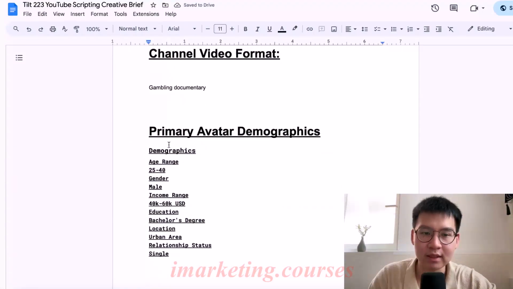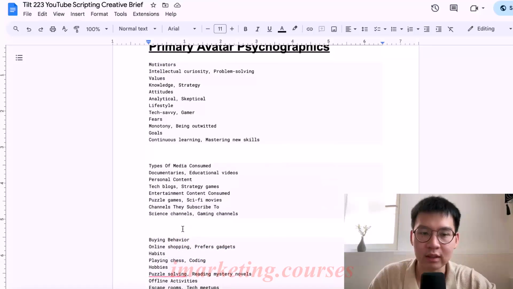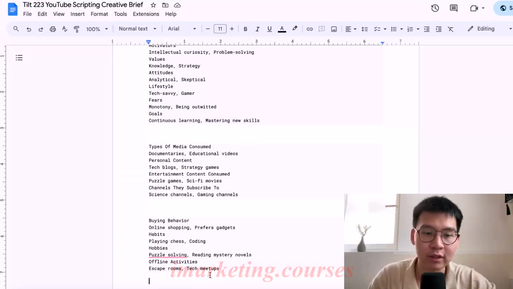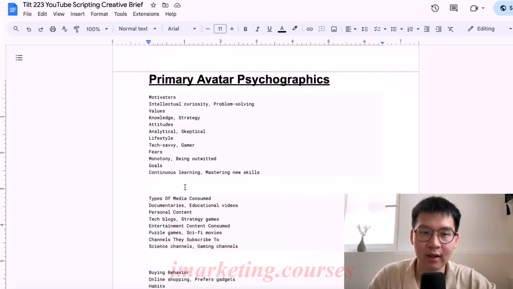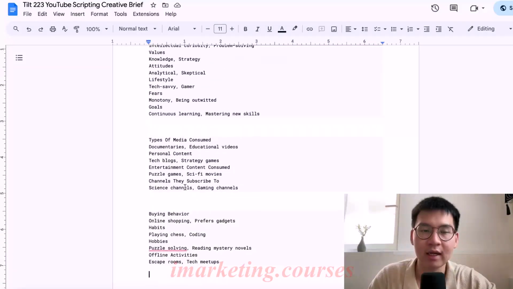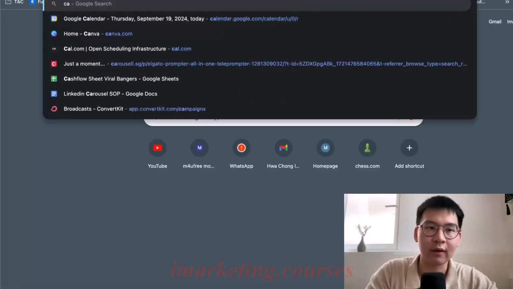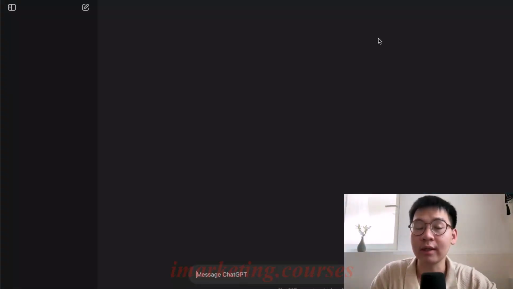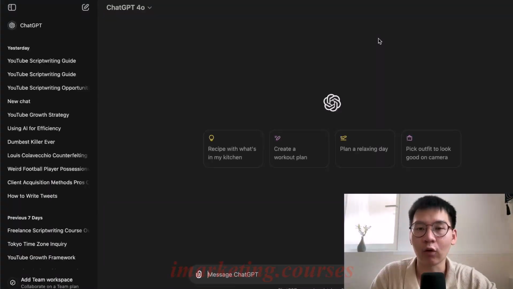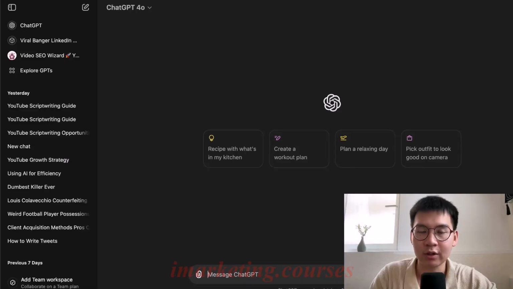Now this is a little surface level. What you can do is take this and give it to ChatGPT, and then it can give you a little bit more information. So let's just see how we can do that, right? ChatGPT, I would only use it for market research. So let's say,